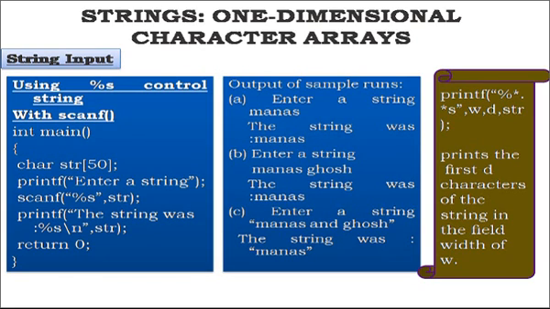The associated parameter in the value list must be the address of the first location in an area of memory set aside to store the incoming string. Of course, a field width may be specified, and this is the maximum number of characters that are read in, but remember that any extra characters are left unconsumed in the input buffer. Here a simple use of the scanf function with %s conversion is illustrated. The printf statement prints the first d characters of the string in a field width of w.